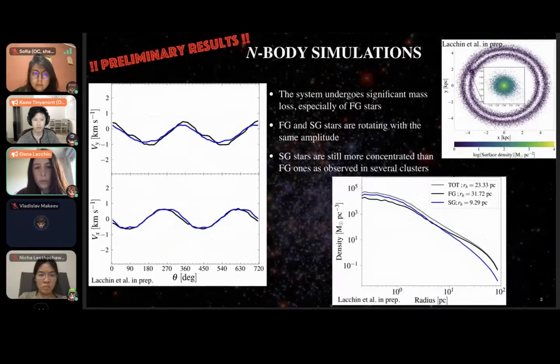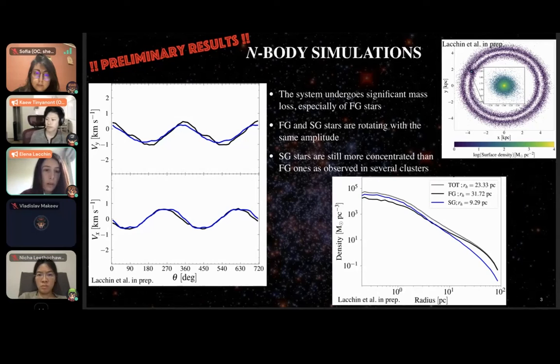In particular, what we want to do is to model the long-term evolution of a cluster that is orbiting the Milky Way at around 4 kiloparsecs from the center. And what we see is that it loses a significant amount of mass, in particular third-generation stars, which are the less concentrated ones. And from the rotational point of view, we see that after a Hubble time, the third and second